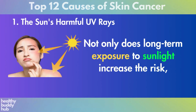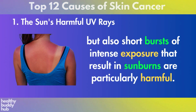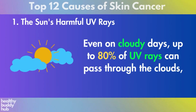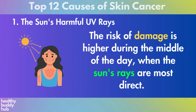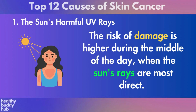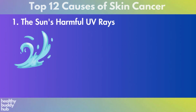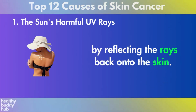Not only does long-term exposure to sunlight increase the risk, but also short bursts of intense exposure that result in sunburns are particularly harmful. Even on cloudy days, up to 80% of UV rays can pass through the clouds, making sun protection essential year-round. The risk of damage is higher during the middle of the day, when the sun's rays are most direct. Reflective surfaces like water, snow, and sand can also increase UV exposure by reflecting the rays back